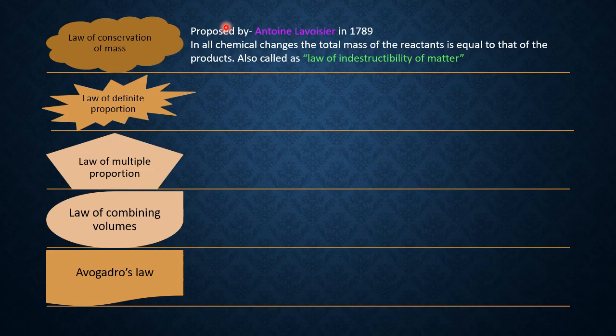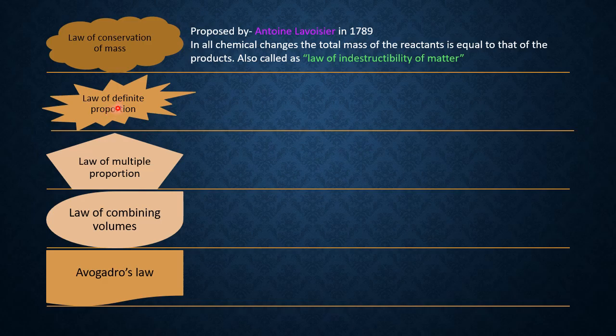Here, as usual, in the title, the meaning is that mass is conserved; here, proportion is definite. Whose proportion? From this law, compounds are formed. Once the compounds are formed, in that compound, how many different kinds of elements are there, the ratio between the different kinds of elements present in that molecule is definite. This word definite is very important. What is definite? The proportion, the ratio of the elements present in a molecule which is formed, is definite.